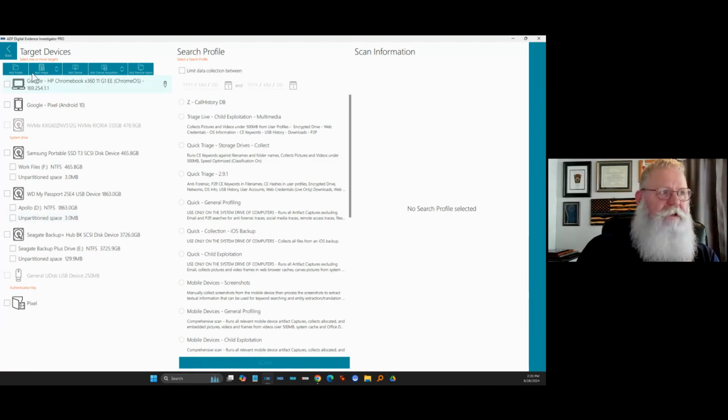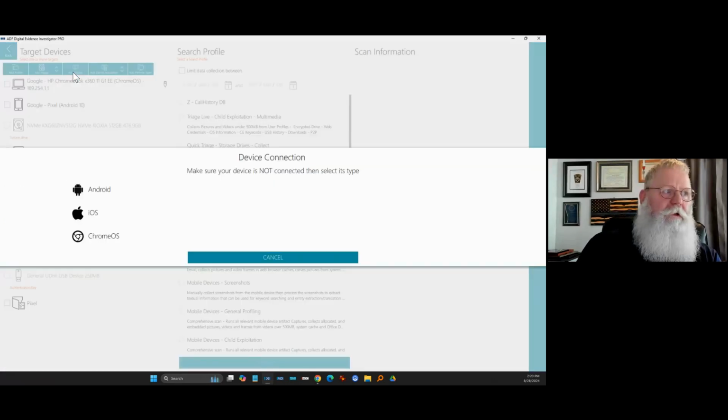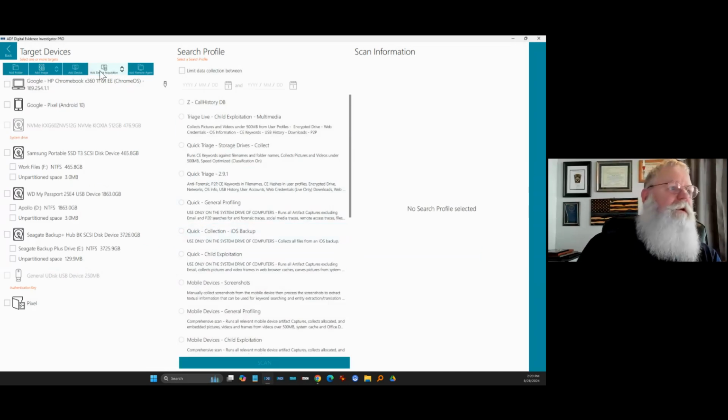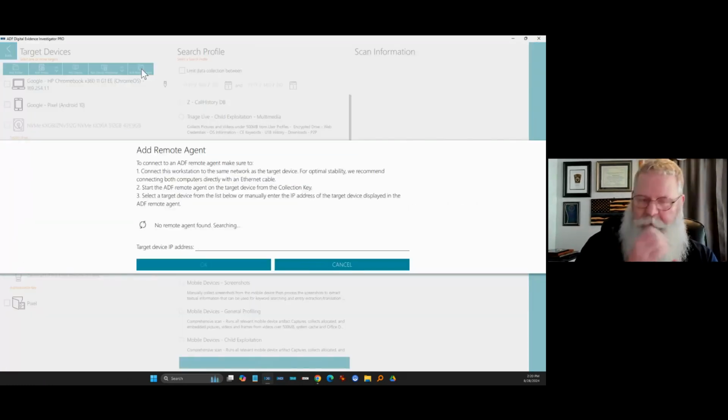But with anything attached, I could bring in forensic image files. I could add devices, Android, iOS, Chrome. Anybody else's acquisitions we've made prior, we can bring in here and load up. And you can also see we have the GrayKey or UFED images in here as well. And then the remote agent I was talking about, I can connect like a Mac through an Ethernet cable or a wireless connection